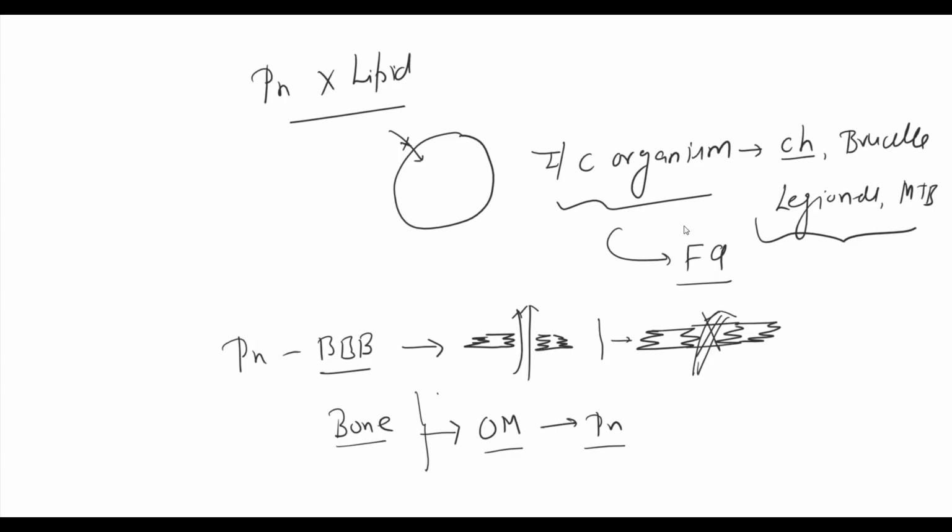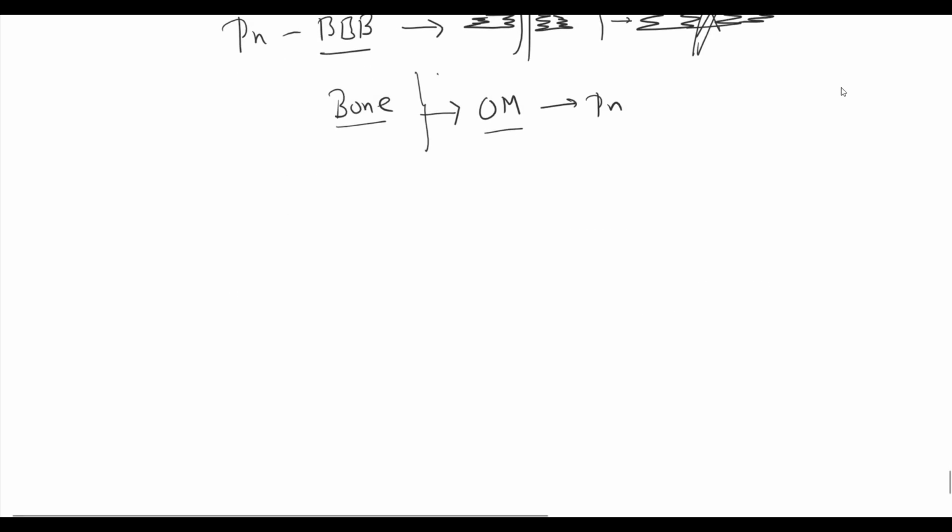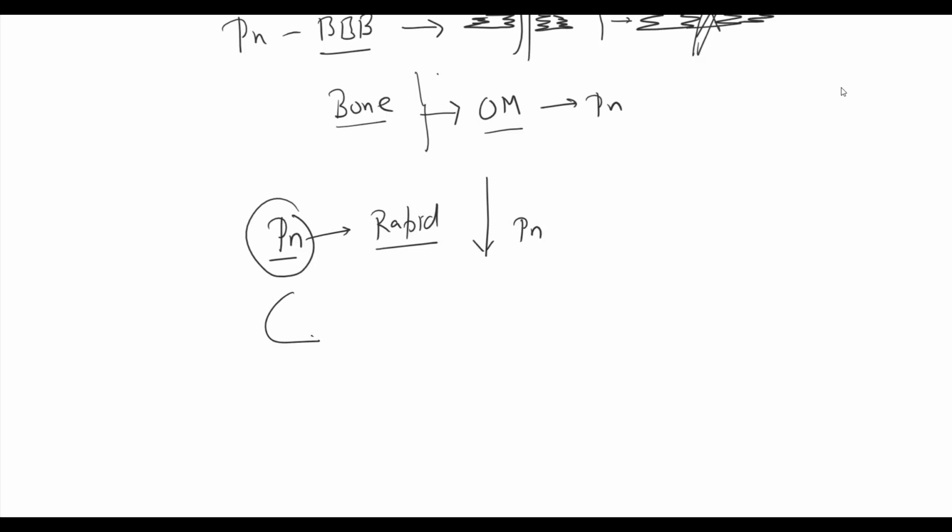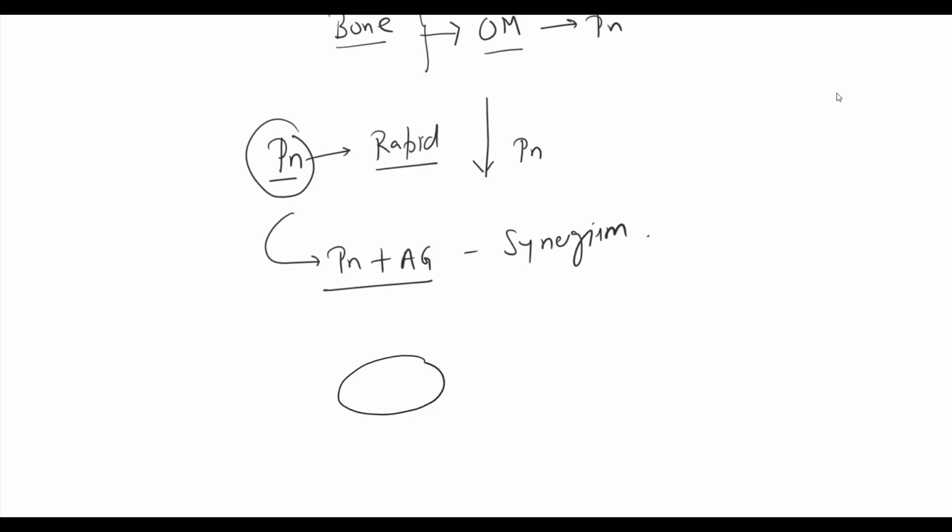it allows entry of penicillin. We should not give a bacteriostatic drug along with penicillin, since penicillin acts against rapidly growing bacteria. So a bacteriostatic drug decreases the efficiency of penicillin. Combination of penicillin with an aminoglycoside produces synergism, since penicillin inhibits cell wall synthesis, which facilitates entry of the aminoglycoside inside the cytoplasm of the microorganism, where it inhibits protein synthesis.